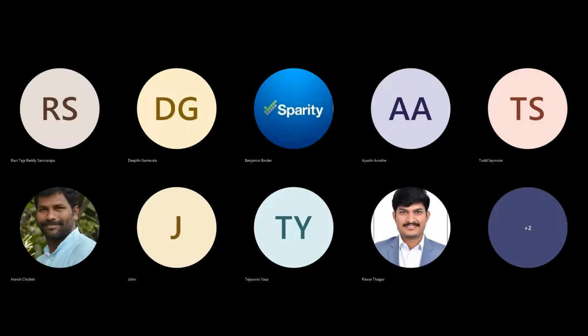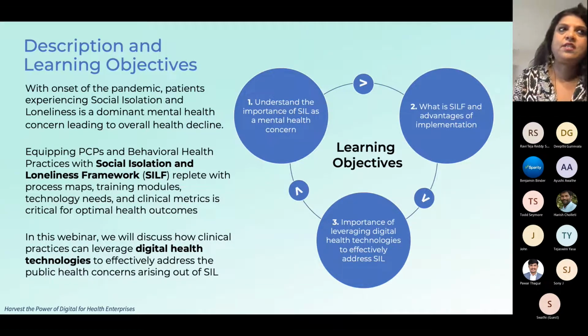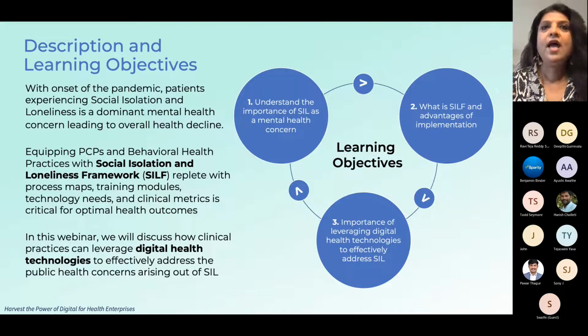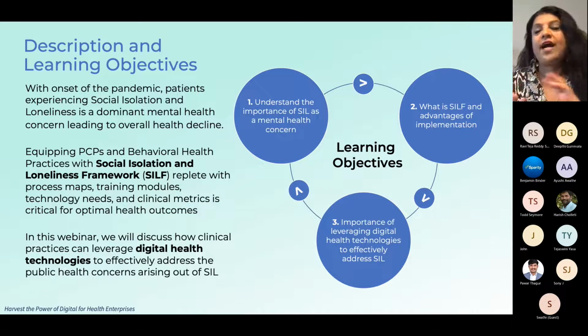Support them? How will you help them? That requires you to have an understanding of how the health systems can support addressing this social isolation and loneliness, as well as the fact that if they have had other health conditions, how this can magnify or amplify their health condition. So that's something else you can also guide them towards.